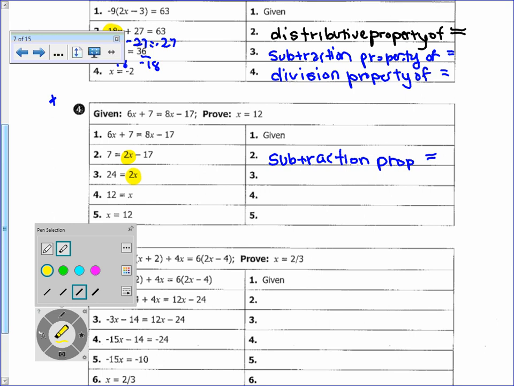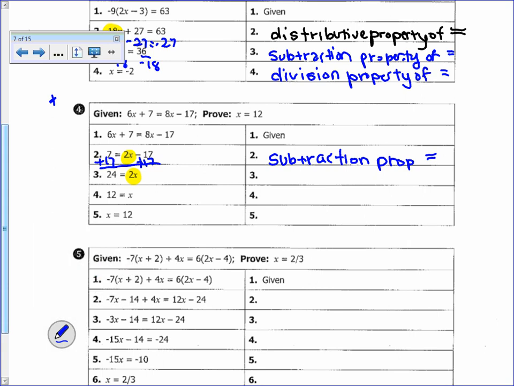The x term didn't change. The numbers did. So obviously, they did something different. 17 is no longer there, so they must have added it. They did the opposite. They added it to both sides. 17 plus 7, it does equal 24. So this property is the addition property